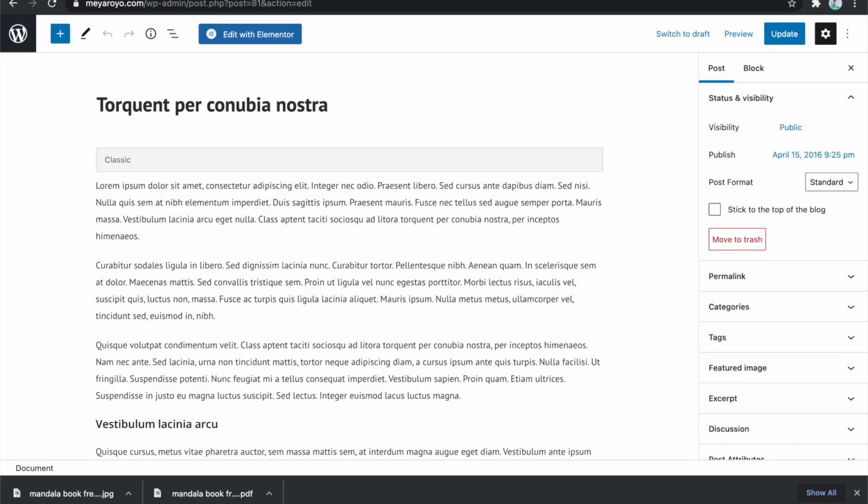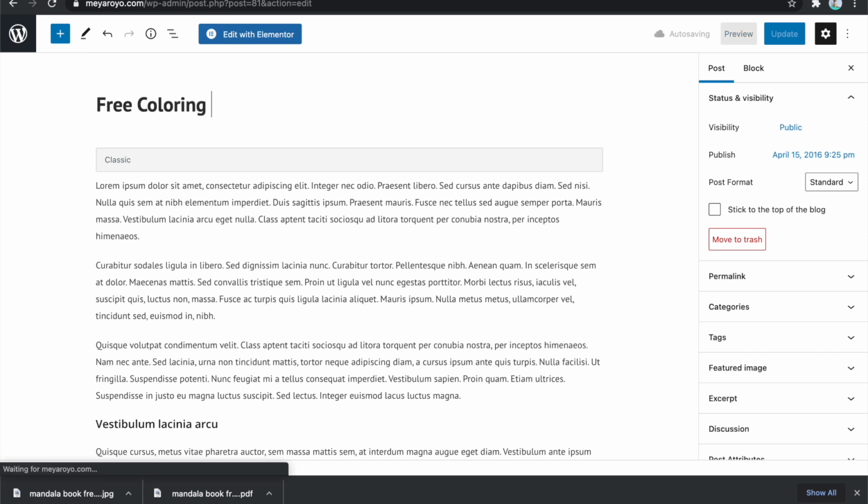And I'm going to go to my page here and edit the page, and I'm going to change the name to free coloring page Mandala. And again, I can do free coloring Mandala, free Mandala to color, free coloring pages for adults Mandala. This is all about your SEO and how much research you do with Google SEO tools like the ones that we used in our video. There's going to be a link to that down below,